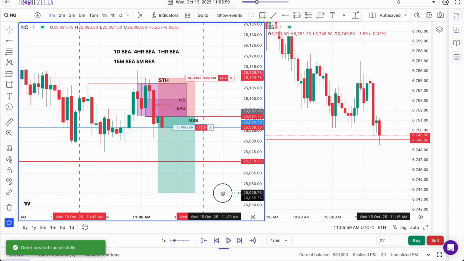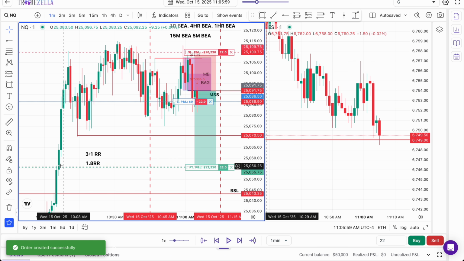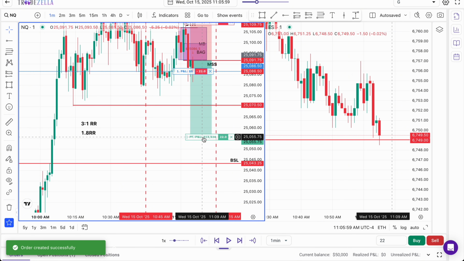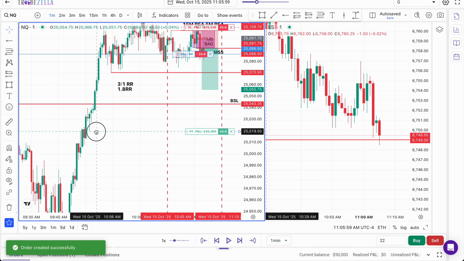TP is always going to be run 1 to 2 handles above the point that you're looking to target if you are targeting a point of sell side. If you're not targeting an actual point of sell side and you're just targeting a generic 2-to-1 with no actual draw on liquidity, hence the draw is lower, then you set your TP at the 2-to-1 level and you do not put it 1 to 2 points above. If I have my TP resting at an actual point of sell side like this 1 minute low, I'm going to put my TP 2 points above, at around 2100 or even 2150,